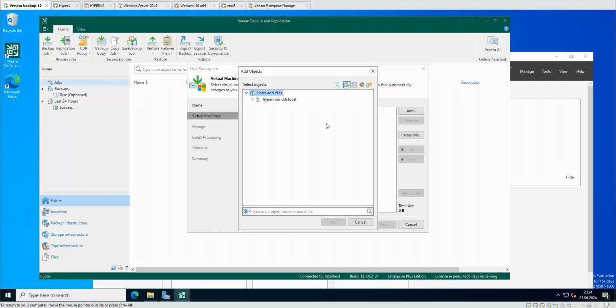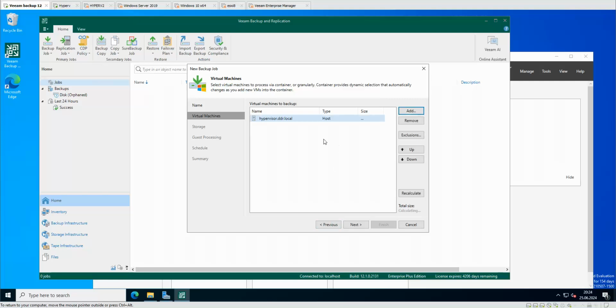So if we go to add objects, we can either add the whole virtual host that hosts the machines. In my case it's a hypervisor, it's a Hyper-V which hosts my virtual machines, and you can see the virtual machines here that are hosted. So I can either click here and add the whole host with all the machines. So as you can see, it's about 10 gigs,